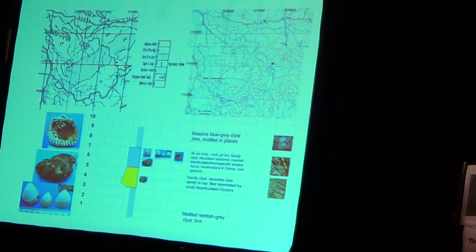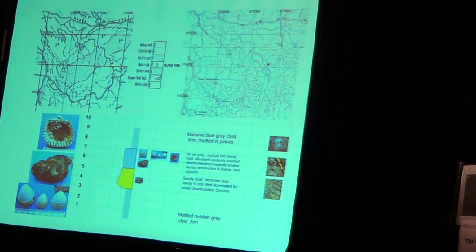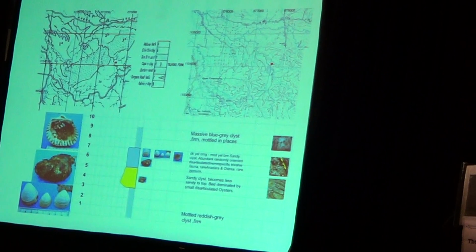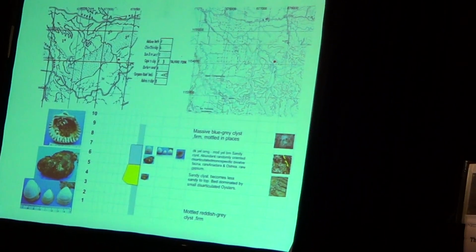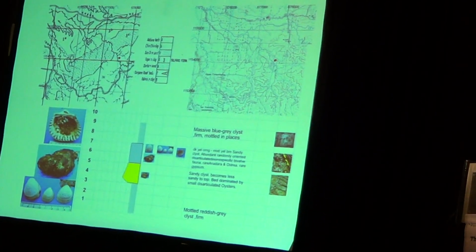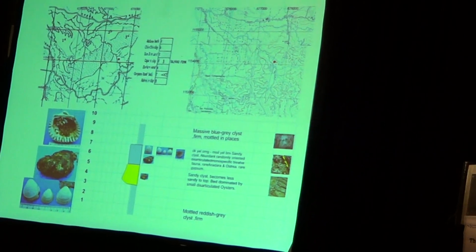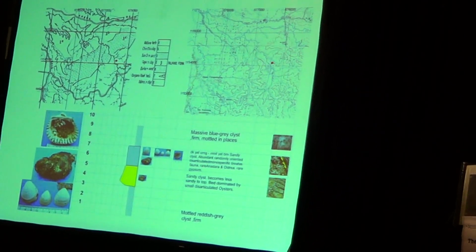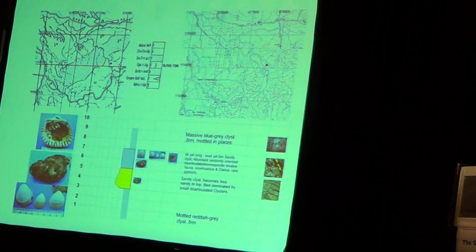Now, a guy was clearing some land with his bulldozer and encountered a shell bed. And lo and behold, there was a big hole in the newspaper about Amerindian living and that kind of stuff. So eventually we went out and looked at it. Now what we found,